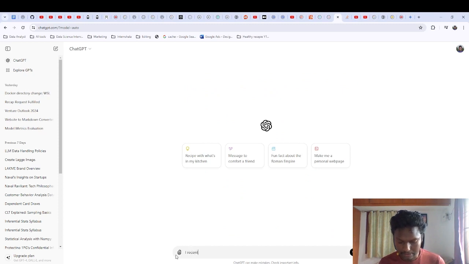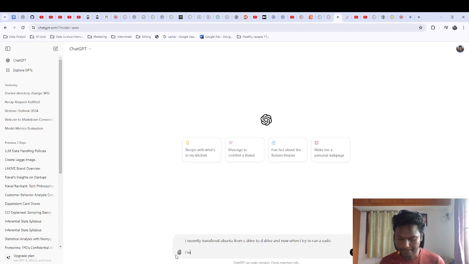I recently transferred Ubuntu from C drive to D drive, and when I try to run a sudo, I'm getting an error saying that sudo is